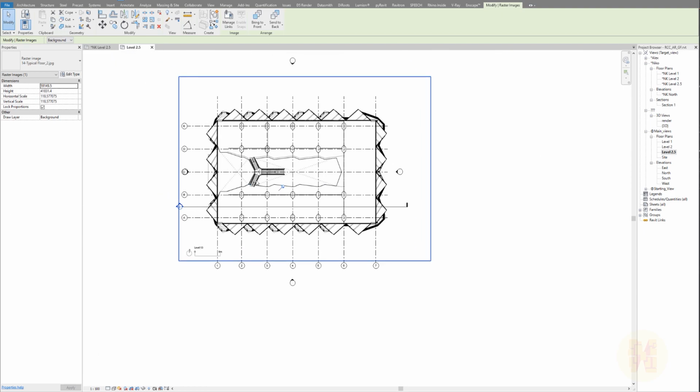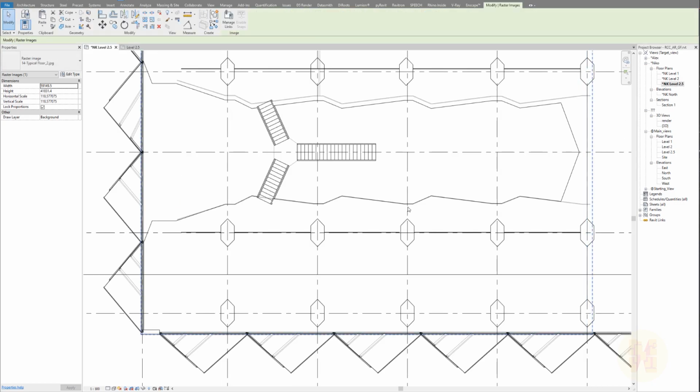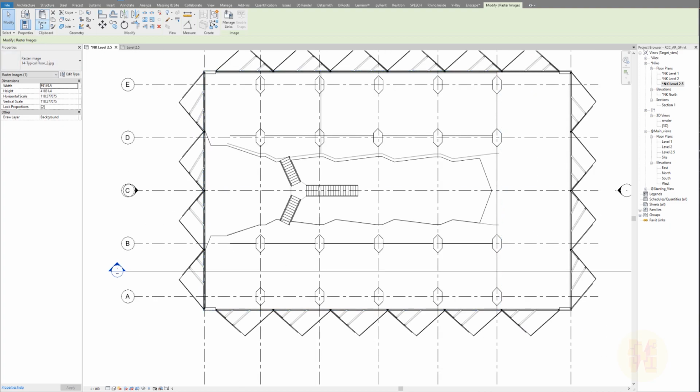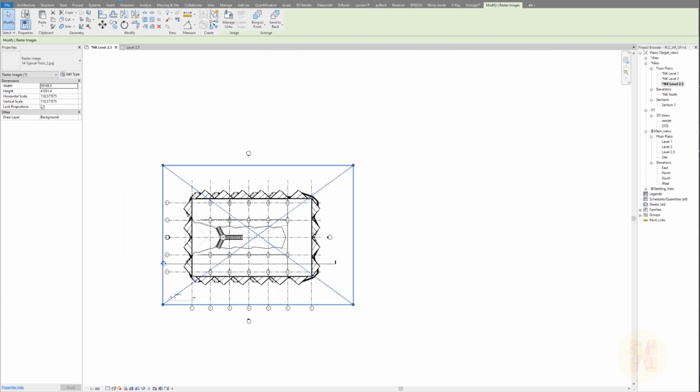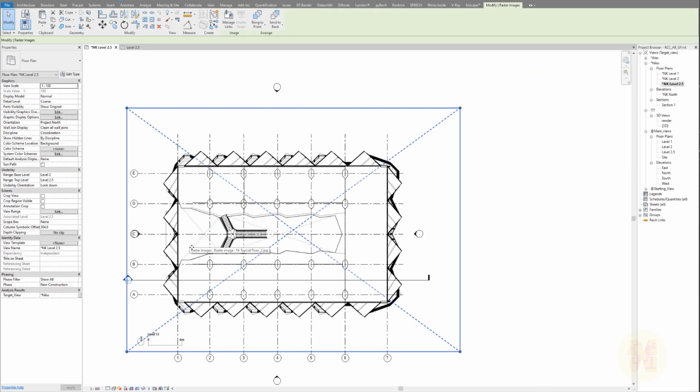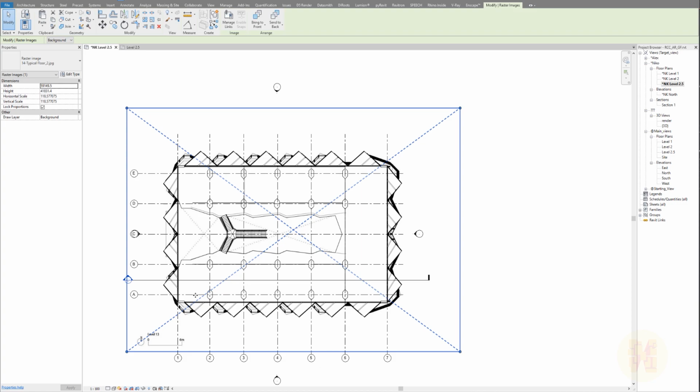Let me copy it. I just select it, click on copy to clipboard, and then go back to your view, because I duplicated my view without any annotation. That's why we get this situation. Go to paste, paste aligned to section view, and I wanna paste exactly to my floor plan. And as you can see here, now we get our underlay, our background drawing, so we can work